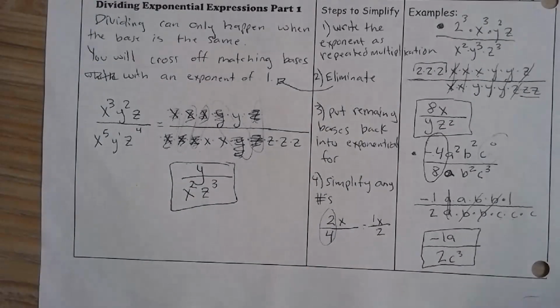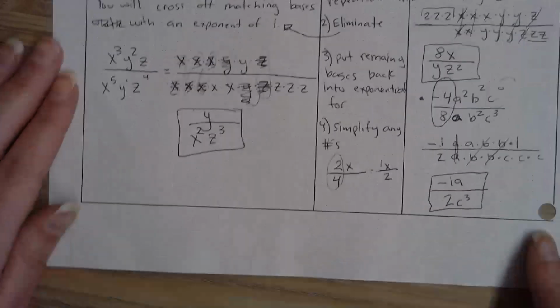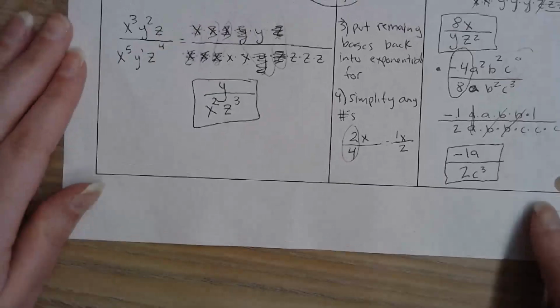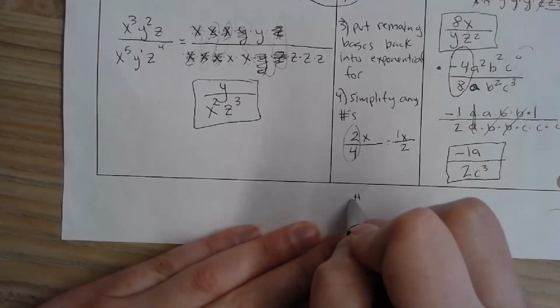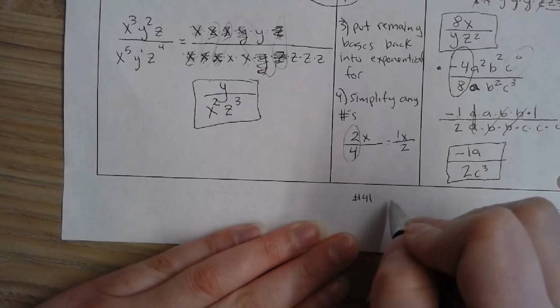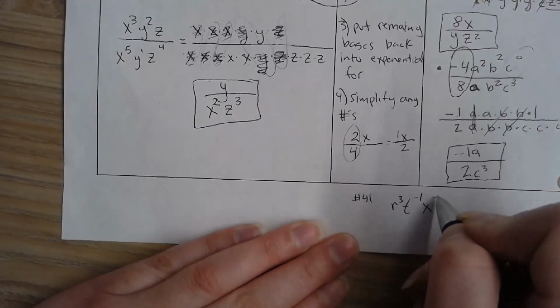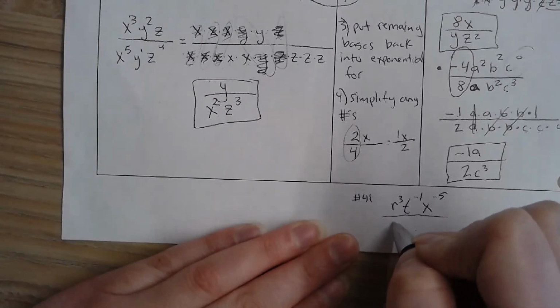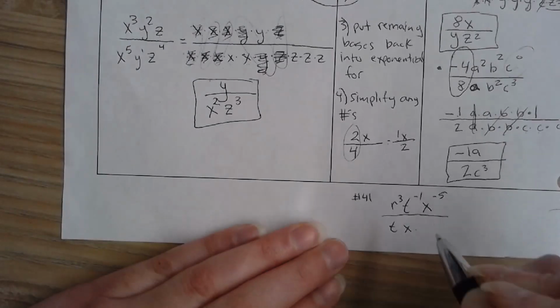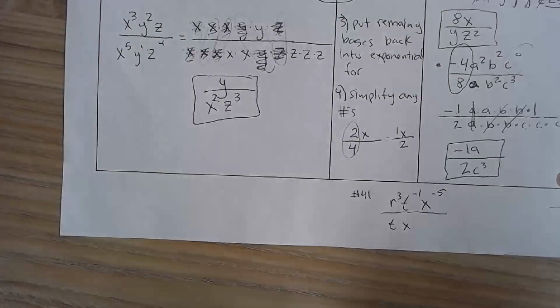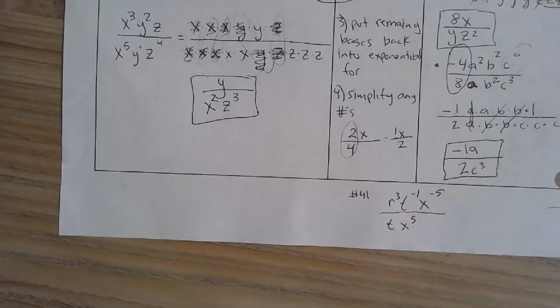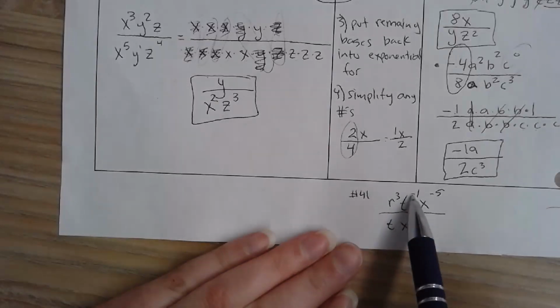Okay. I'm going to quickly do one more. This is number 41 from your assignment. So it's r cubed t to the negative 1 x to the negative 5 all over t x. I think that is to the 5th. Let me look. Yes, it is. Okay, so first thing we're going to do is we don't like these negative exponents, and